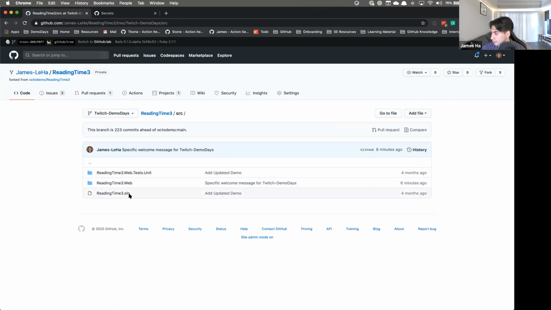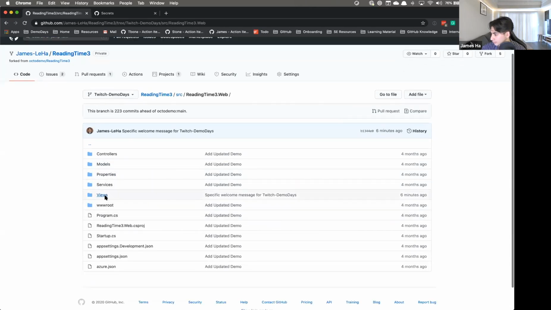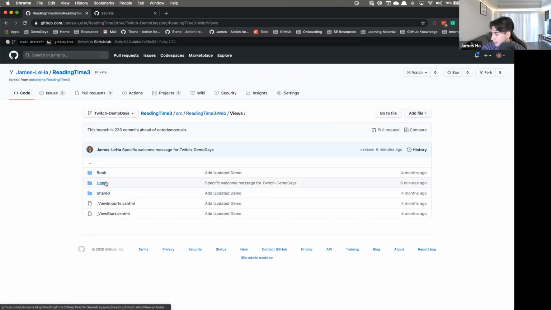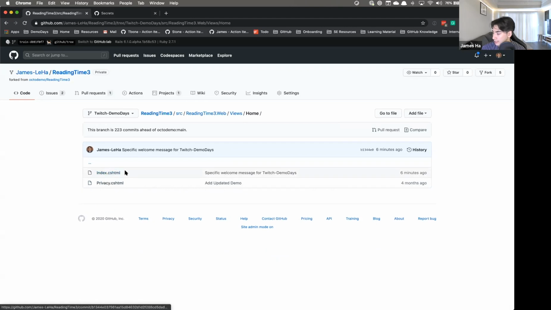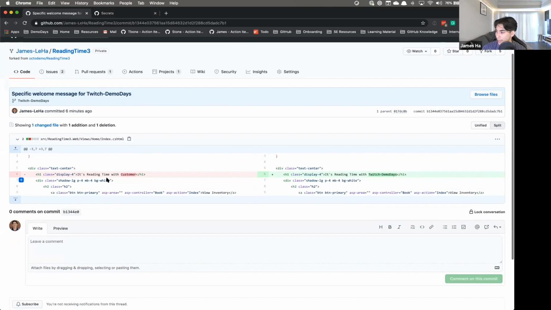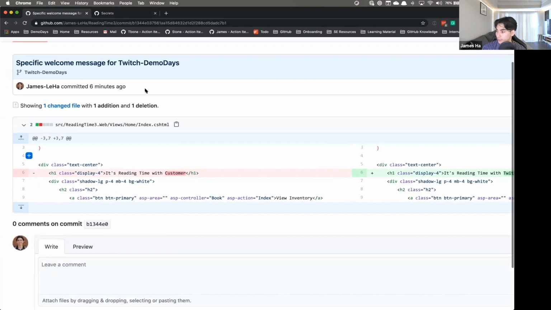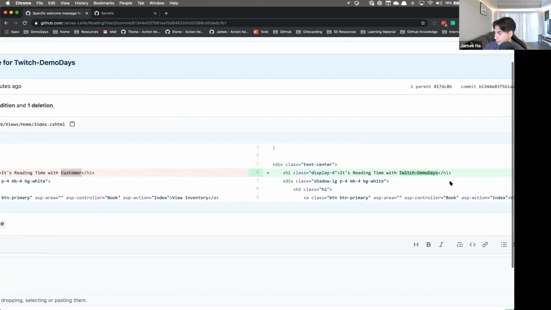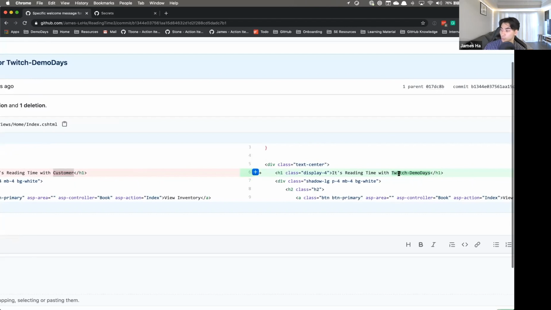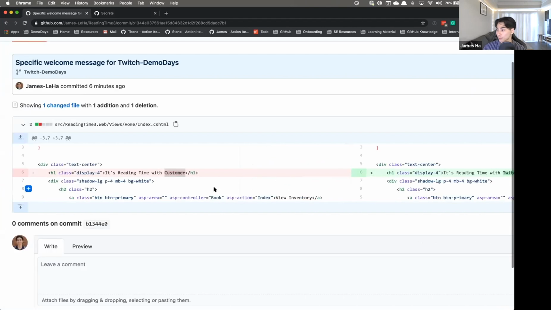And then if I go here, we can actually see in my views that a change was actually made to this index.html file itself. Let's actually take a look at that commit. So what actually happened there? So I have scripts that are in my folder structure here that I can reference. They're just bash shell commands, literally. So I'm just doing a git checkout. I'm doing some just simple regex replacement. I replace the value customer that's in the original file with the name of whatever branch I'm using. So in this case, Twitch-demo days. And then I commit that in, check it back in,